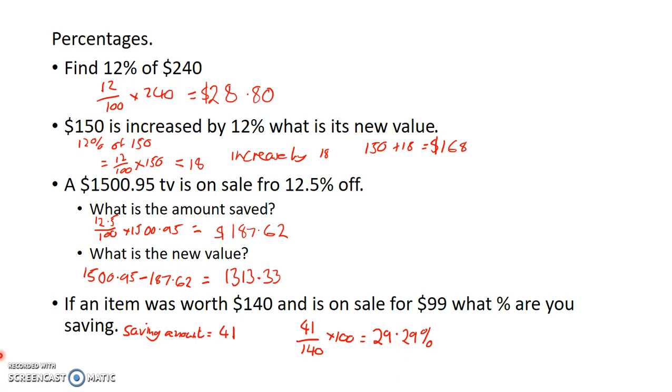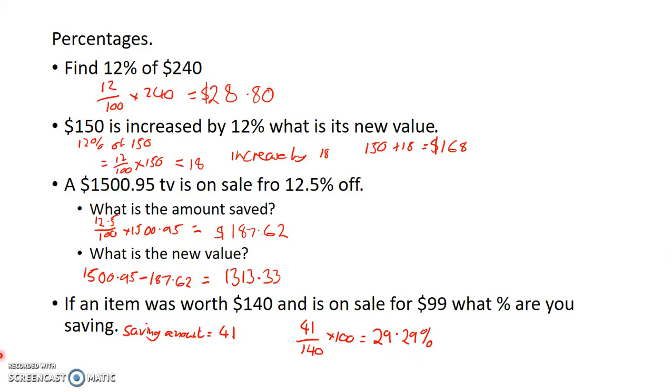A $1,500.95 TV is on sale for 12.5% off. What is the amount that you save? So you save 12.5% of the price, which is $187.62. What was the new value? So the new value was whatever it originally cost, take away the amount you saved, tells you the new value would have been